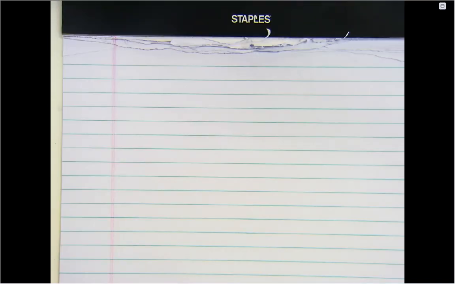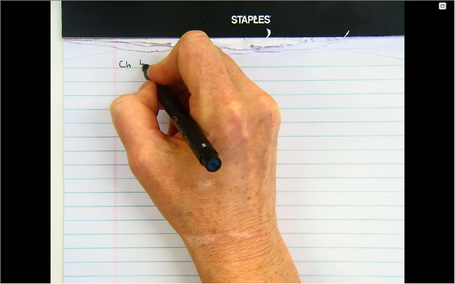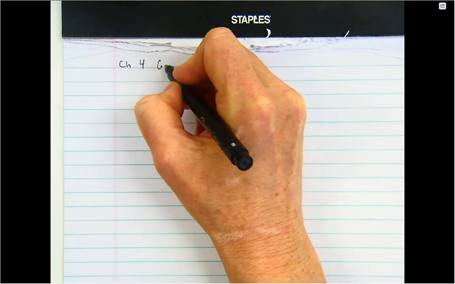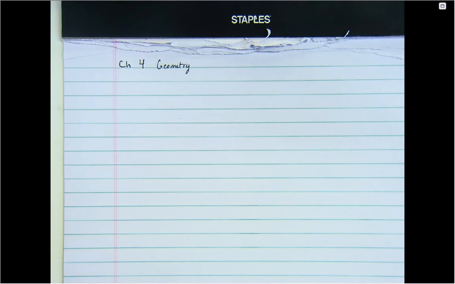Okay, we are going on to chapter 4. If you haven't really been interested in chapters 2 and 3, chapter 4 is very different, and it might be more to your taste. So hopefully chapter 4 will be something you enjoy. It's geometry. Not like you did it in high school, though. The 4.1,